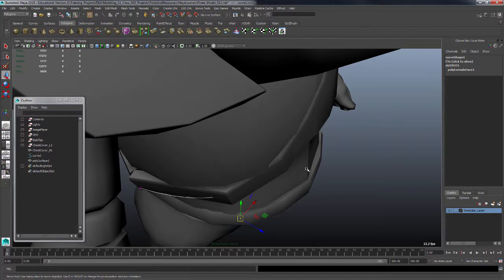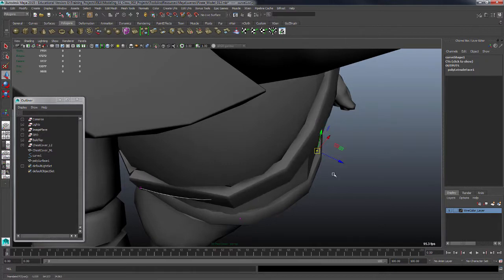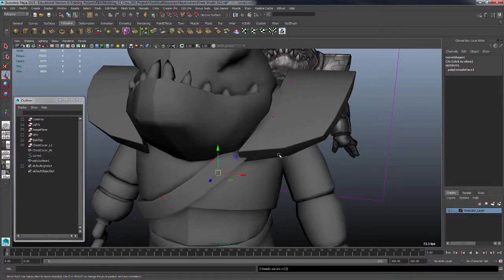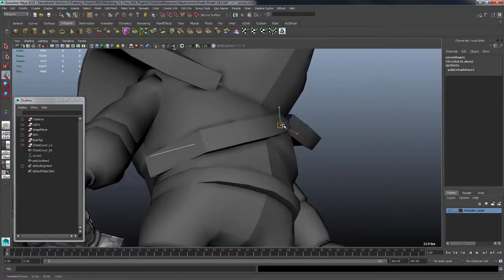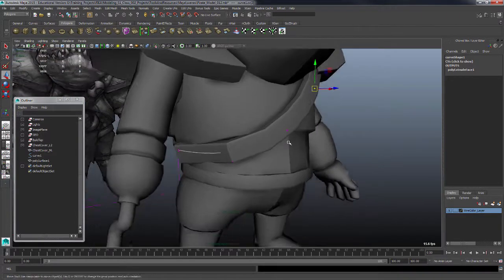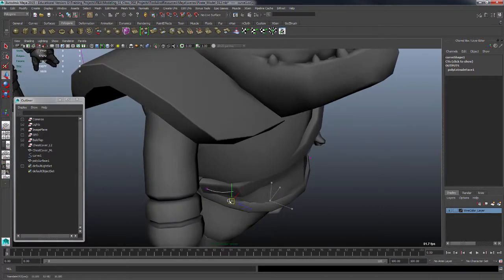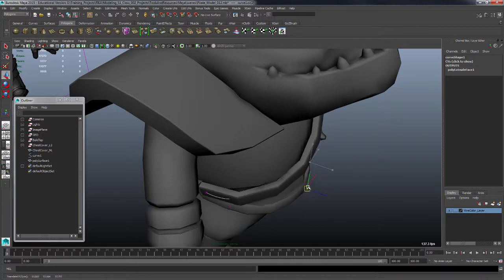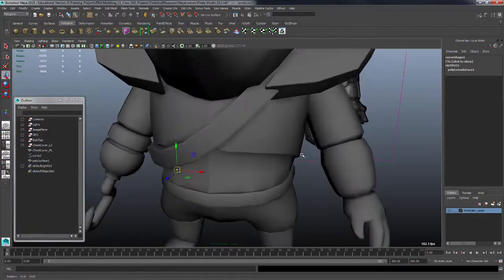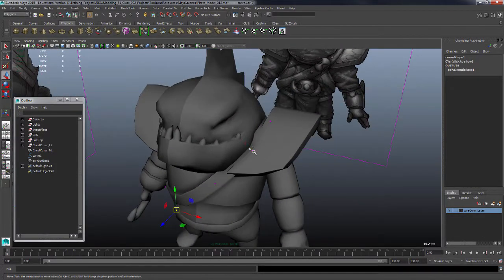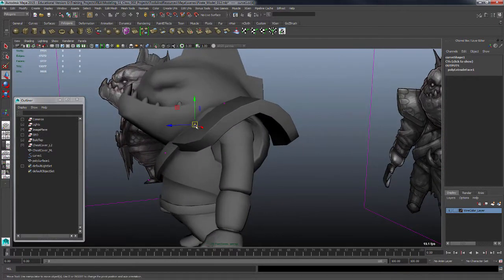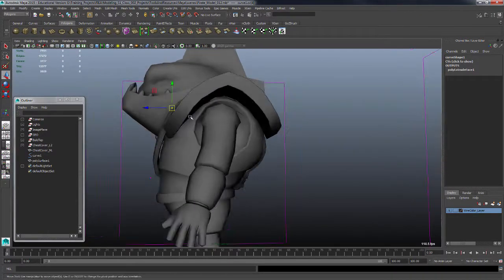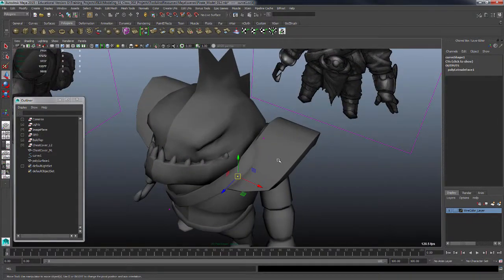I'll push it through here like that, and you can see how we can tweak this thing even after it's been created. So I might move some of these points and get them evened out a little bit. It's not going to be perfect, but what I'm trying to do is get as much as I can out of this thing before I start tweaking it by hand,